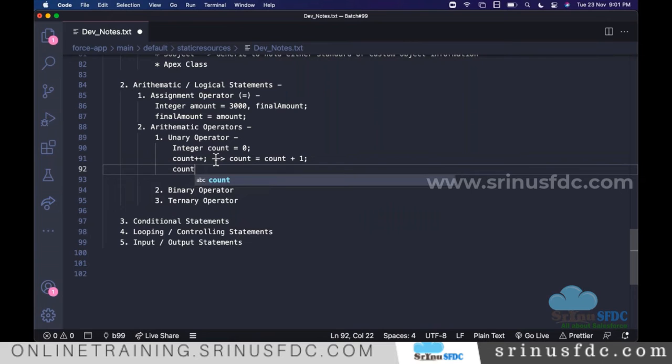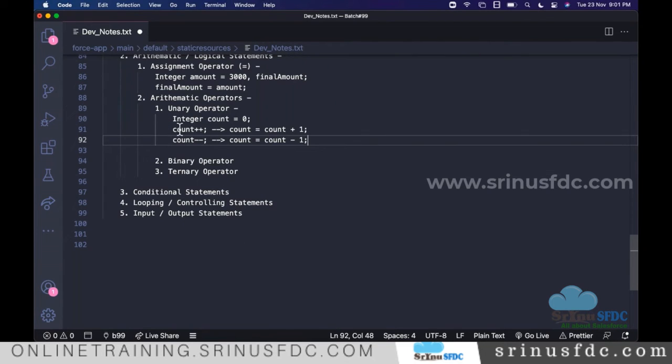In the same way, count minus minus means count is equal to count minus 1. That's the meaning. To deal with these kind of scenarios, we deal with the unary operator. On day to day, we see these things, so that's why we should be aware of this one.